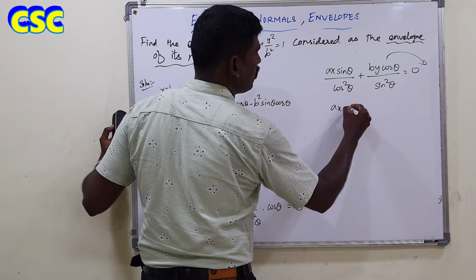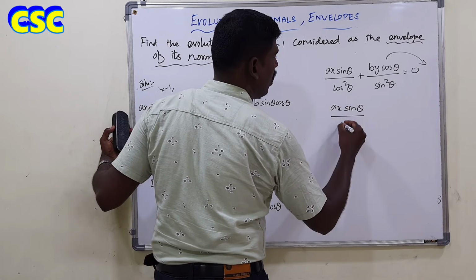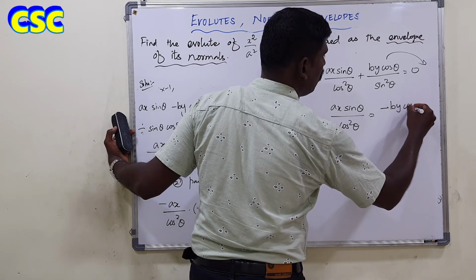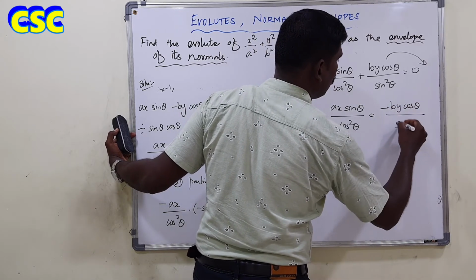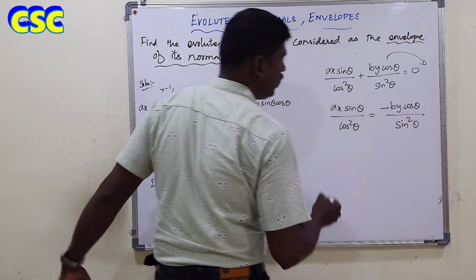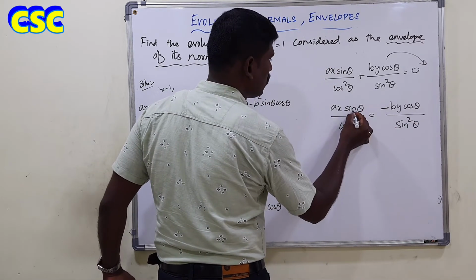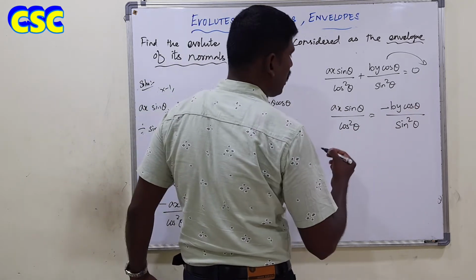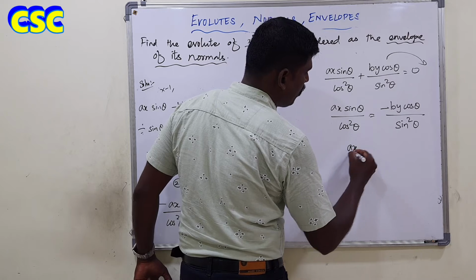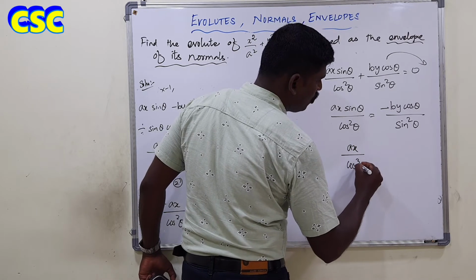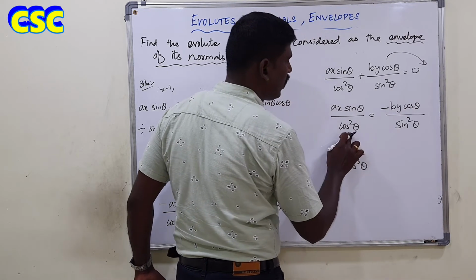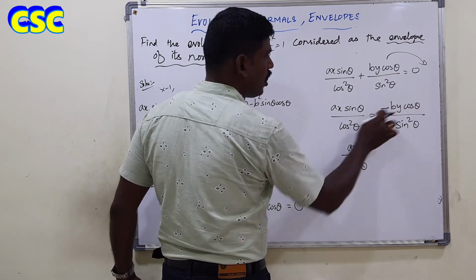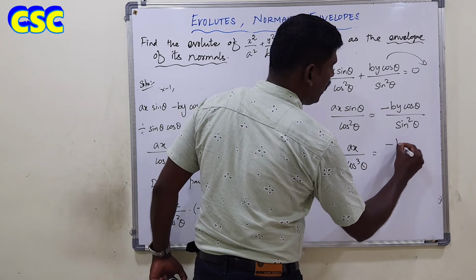So ax sin theta by cos square theta equals minus by cos theta by sin square theta, right? Now I take this sin theta to the right hand side and that cos theta to the left hand side by cross multiplication. So ax by cos cube theta, isn't it? This cos theta goes to the left hand side and becomes part of the denominator; already cos square is there, so cos square into cos theta is cos cube theta, equals minus by by